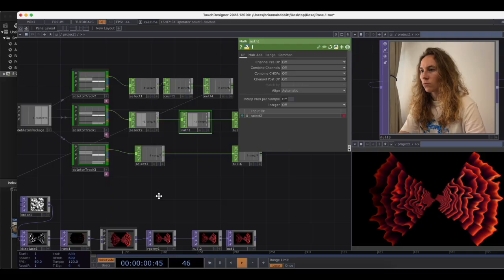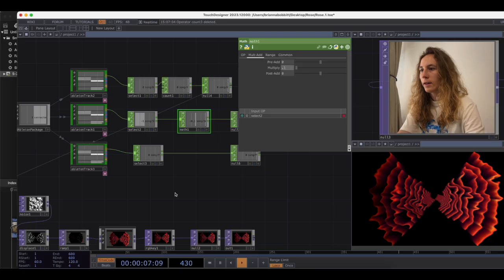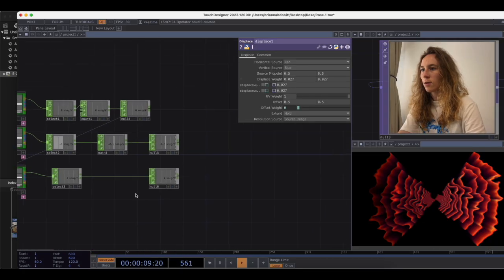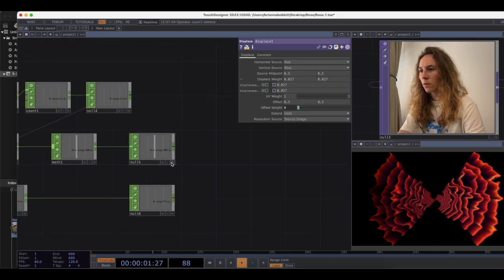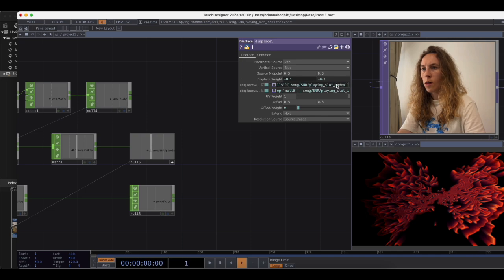And let's change this, multiply by 0.1. All right, now let's go into the displace, and I'm gonna copy paste that parameter, and then I'm gonna do plus 0.2